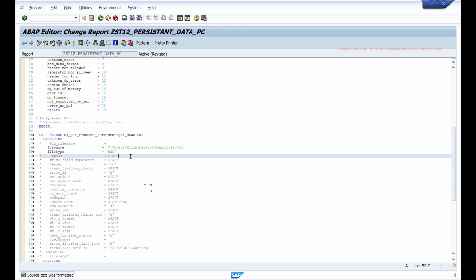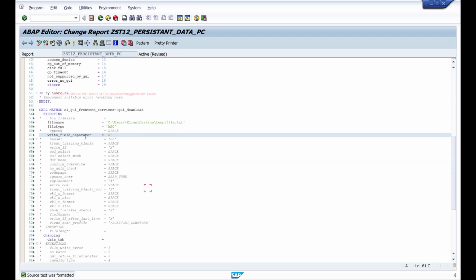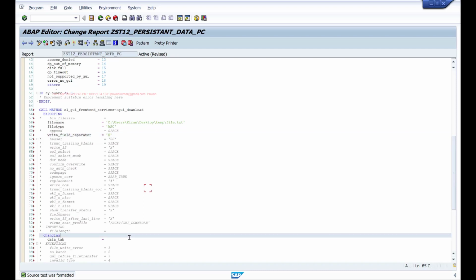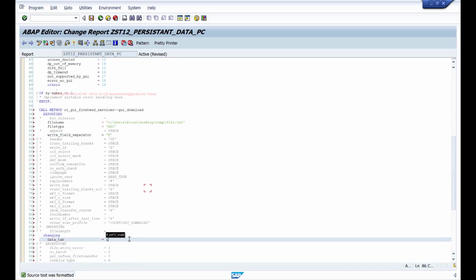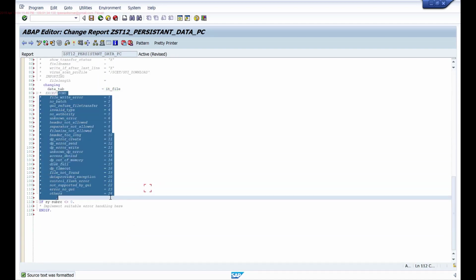If it is append, that means if the file already exists, then it will add this new data to the same file at the end. And write field separator X, and the rest are all optional. Then I'll pass the table which has the data, and I'll uncomment the exceptions.